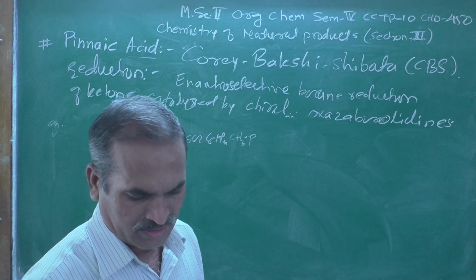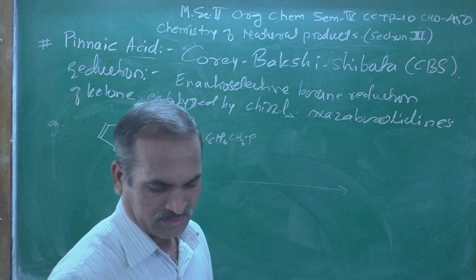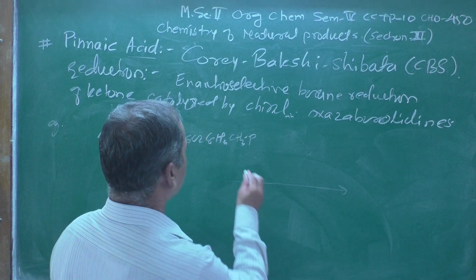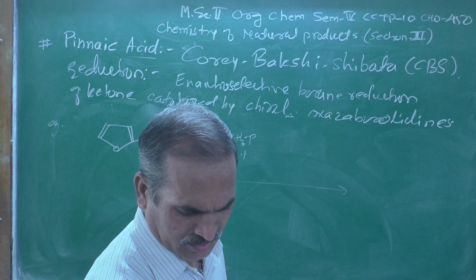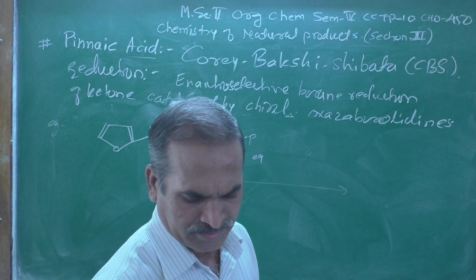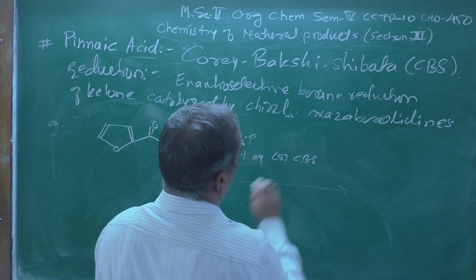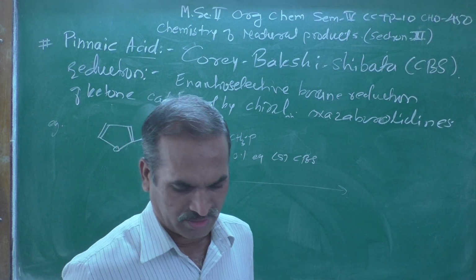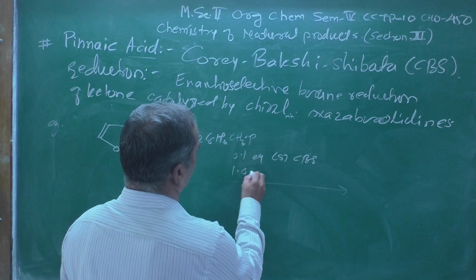That is the structure when it is treated with a reagent like this, 0.1 equivalent, 0.1 equivalent, that is SCBS. SCBS means the CBS reagent,